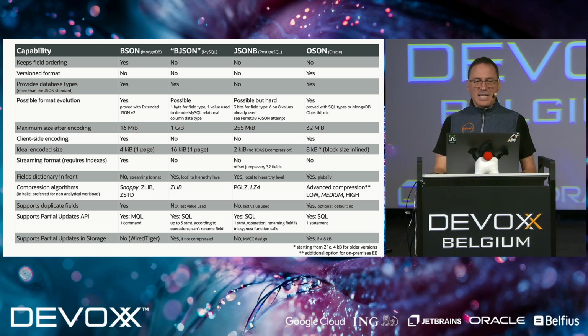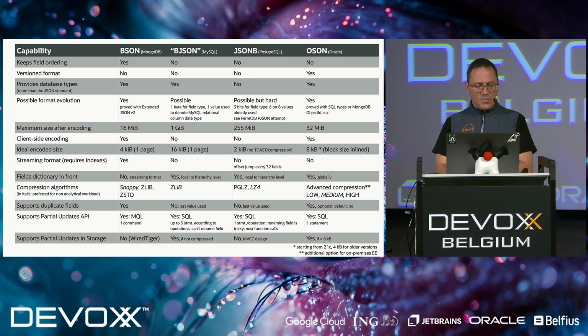The ideal encoding size, well, it depends on the size of your document. So if your document fits within that particular window, then your application will behave much more effectively. But of course, you can address a document that is bigger than that size. It's just that it's going to take a little bit extra time to deal with it. Mongo is the only one that can do streaming at the moment. If that is a key feature for your application, then perhaps Mongo is the database provider of choice.